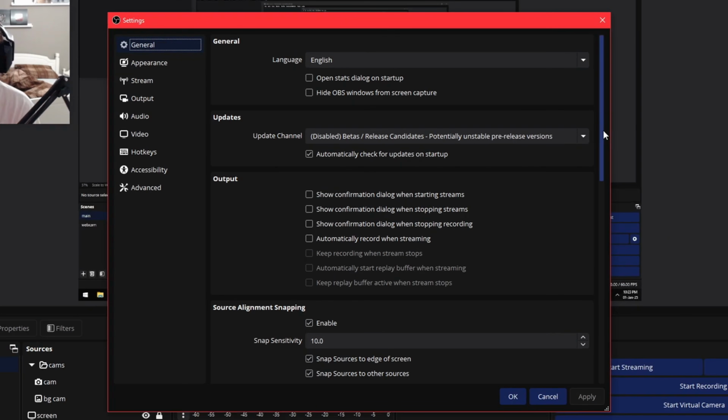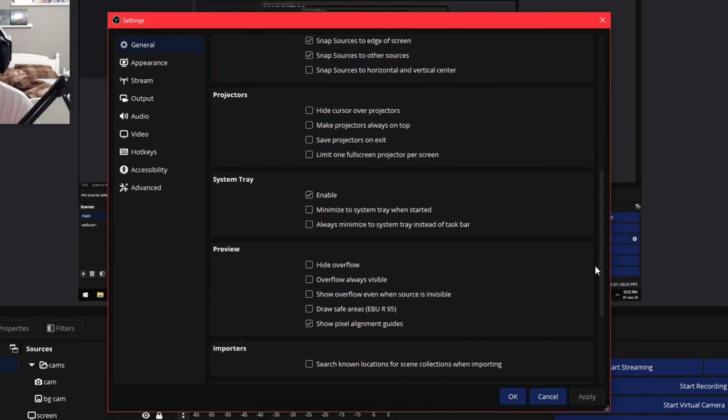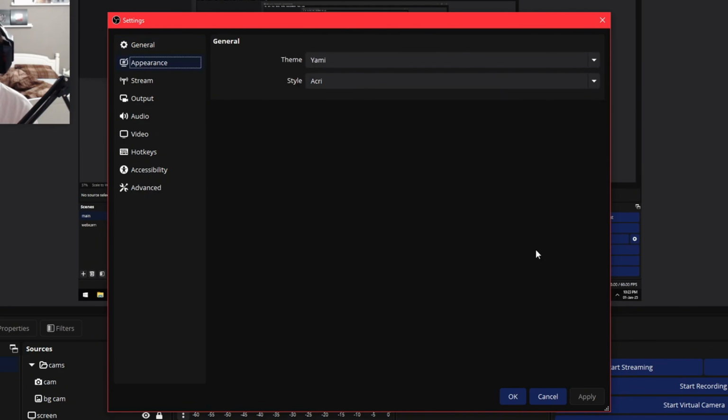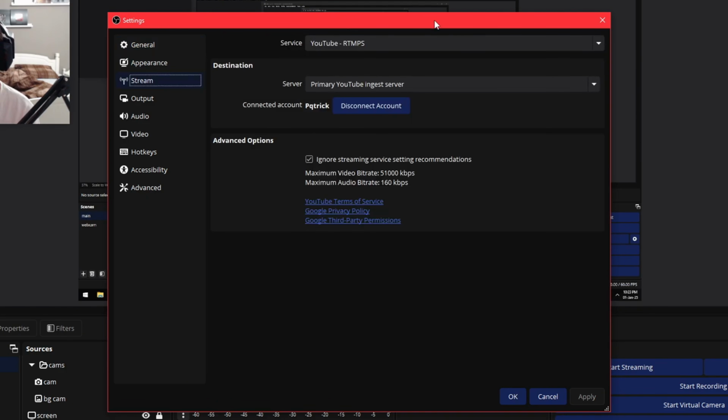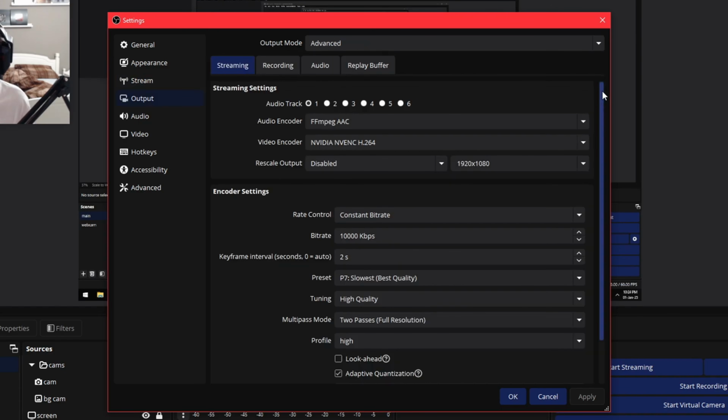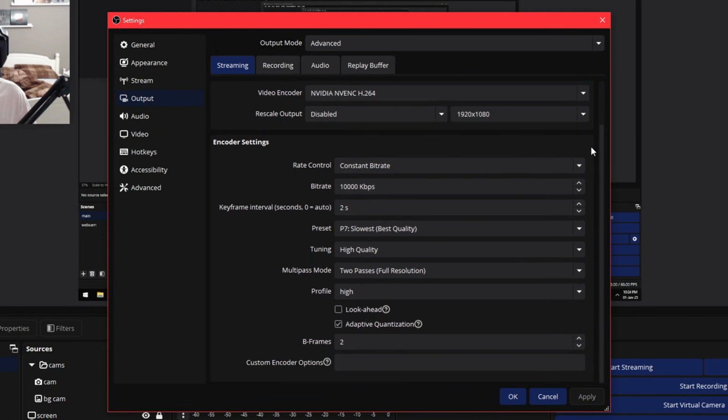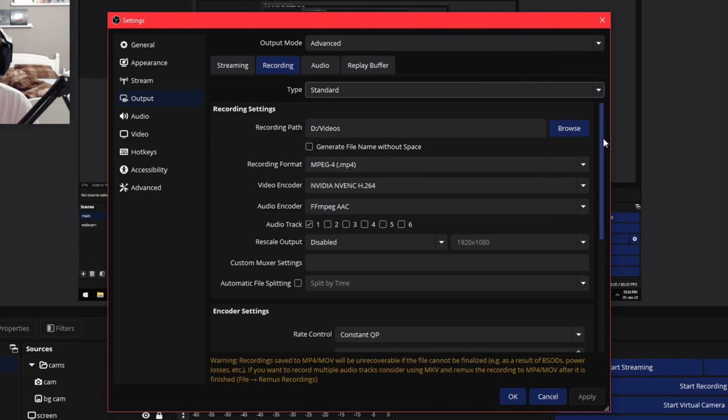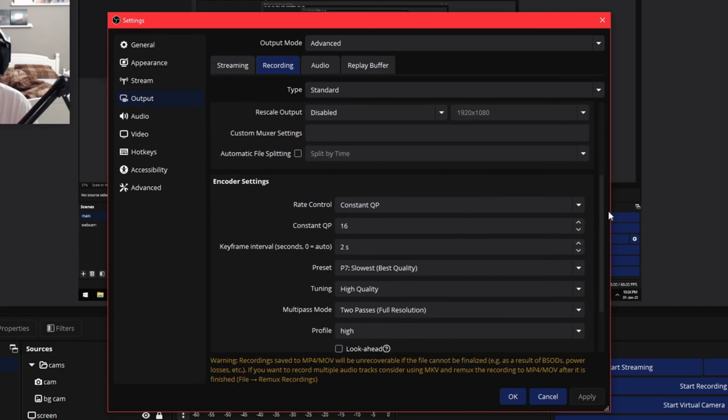Here are the general settings. Here are the appearance settings. Here are the stream settings for my main account, because I'm on my main profile, as you can see. Here are my streaming settings for my main YouTube account. Please note that YouTube streaming and Twitch streaming are very different, so stay tuned if you want to see my Twitch settings. But for now, here are my recording settings,